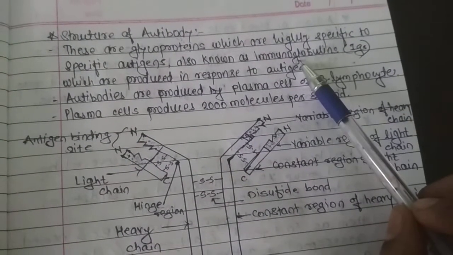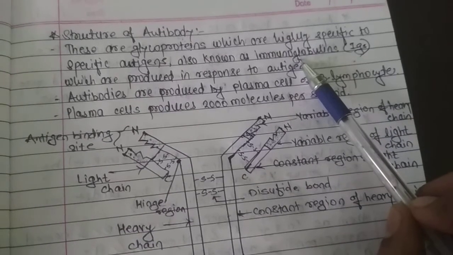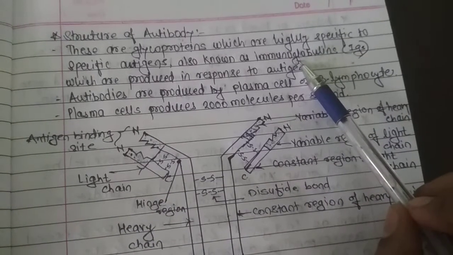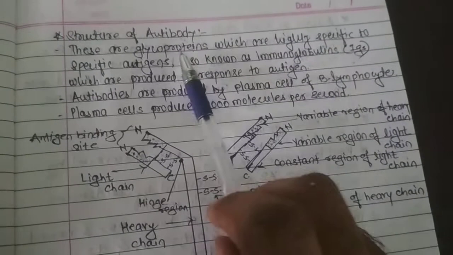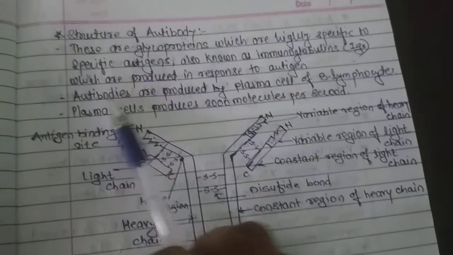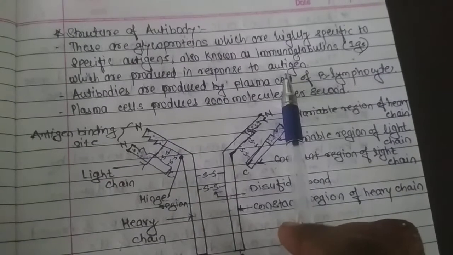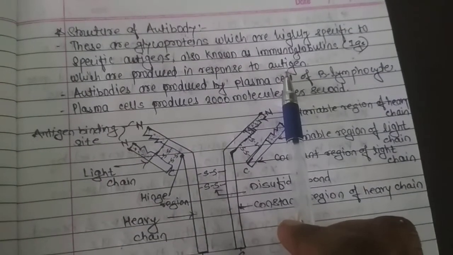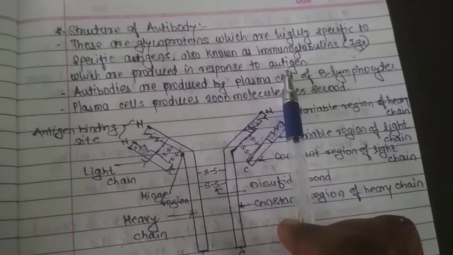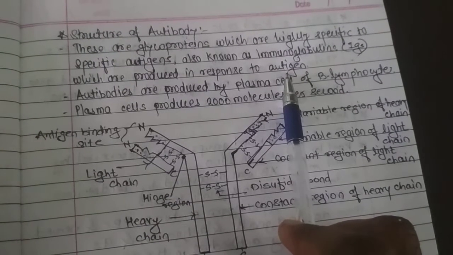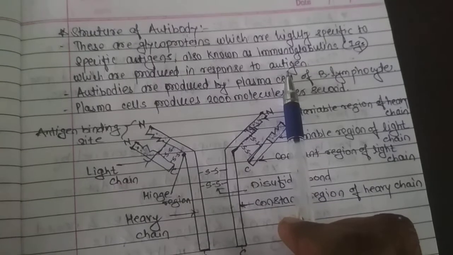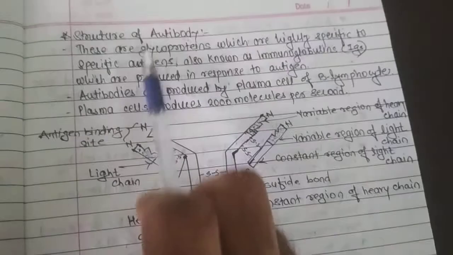Last year in the 11th grade you already studied about immunoglobulins in the biochemistry of cell chapter as a defensive protein. Now, why are antibodies produced? Antibodies are produced in response to antigen. So, as you already learned, whenever antigen enters into the body, the antibodies are produced by the stimulation of the B lymphocyte and T lymphocyte.